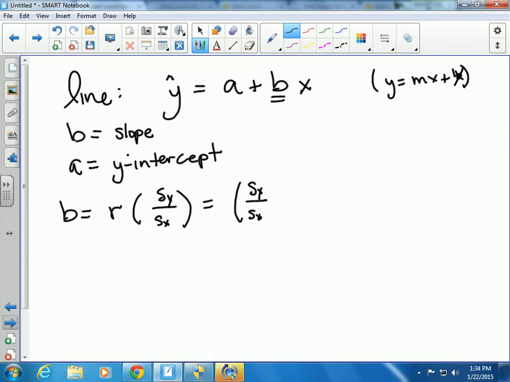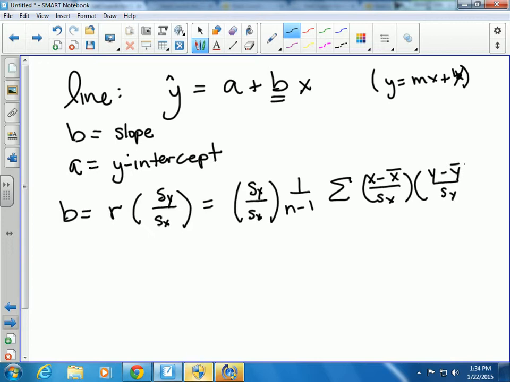So sx times, and if you remember what r is, it's 1 over n minus 1 times the sum of the standard errors, which is (x minus x bar) over sx times (y minus y bar) over sy. So that's the true formula for b, and of course this is trying to